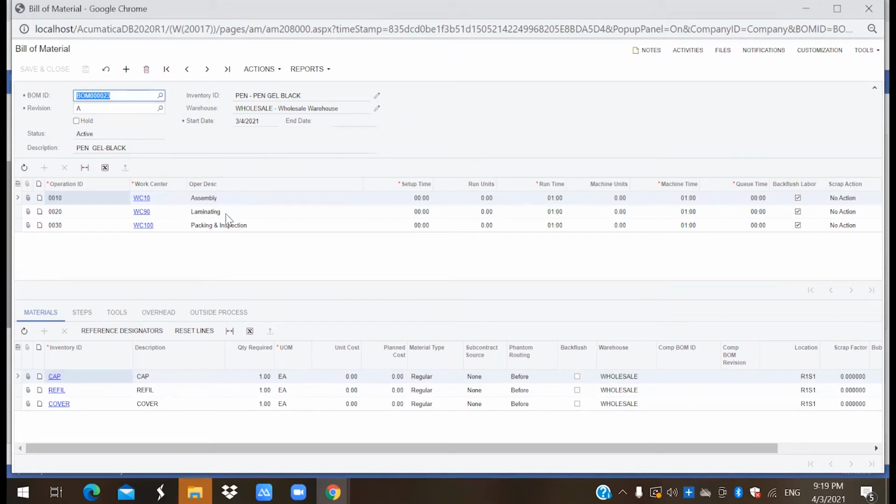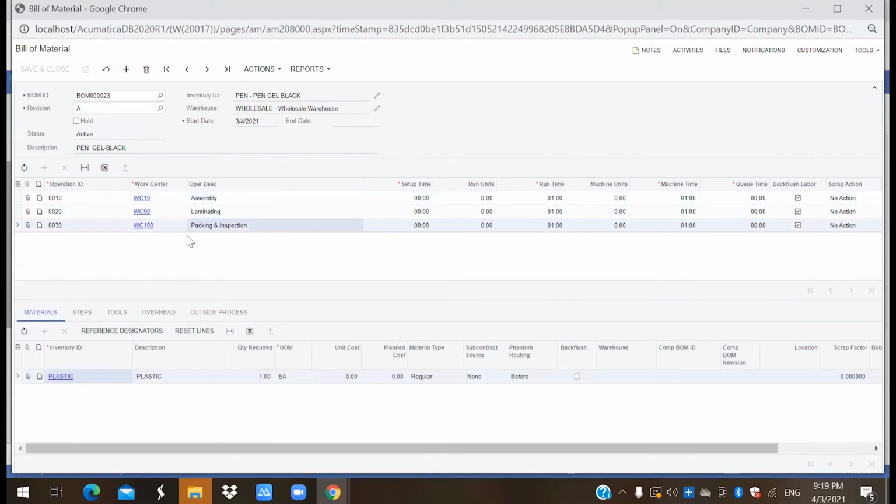So we'll assemble it, we'll laminate it, and then we'll pack and do the inspection. So under assembly, I'm preparing all my materials and we'll create a new item, that is pen. Then we'll do the lamination, and in our third process, we'll finally pack it by using the plastic material.